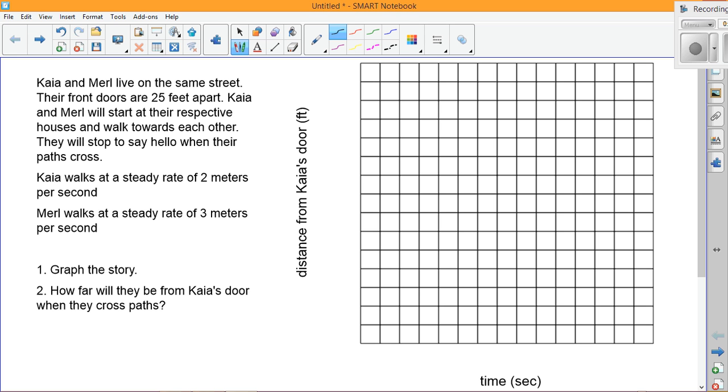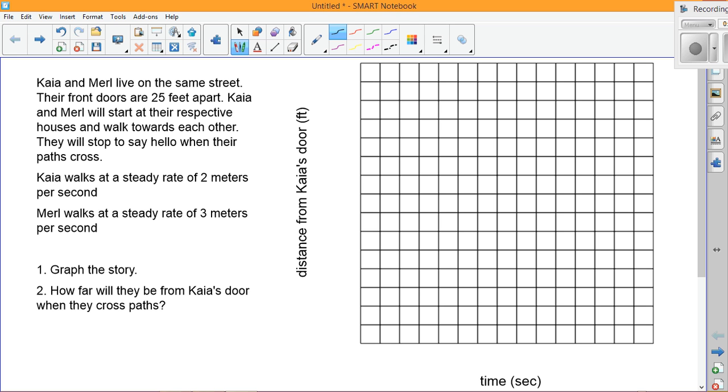Kaya and Merle live on the same street. Their front doors are 25 feet apart. Kaya and Merle will start at their respective houses and walk towards each other. They will stop to say hello when their paths cross. Kaya walks at a steady rate of 2 meters per second, and Merle walks at a steady rate of 3 meters per second. 1 says graph the story, and 2 says how far will they be from Kaya's door when